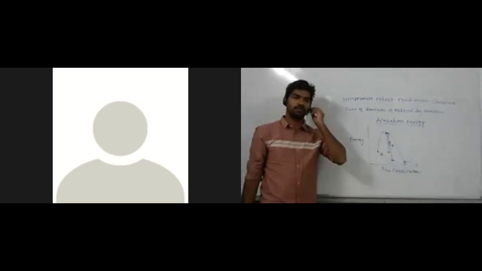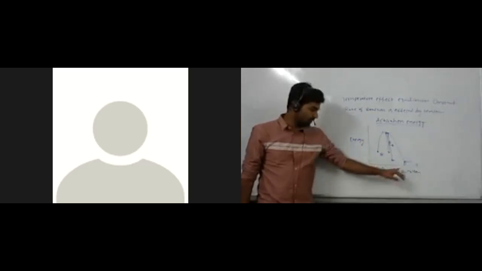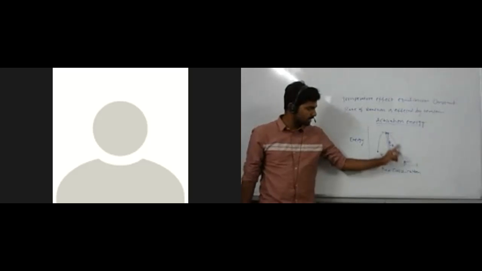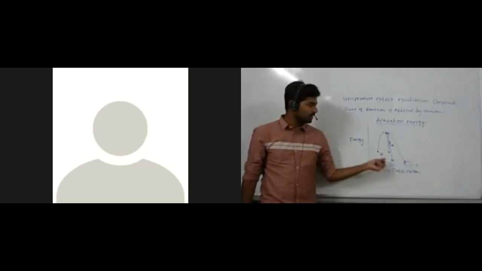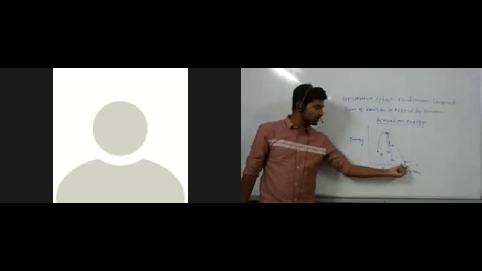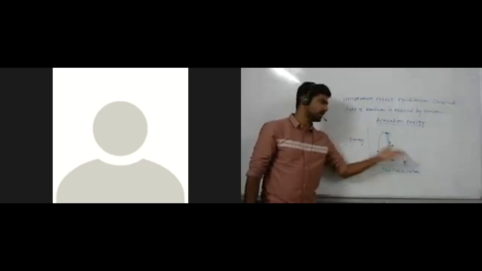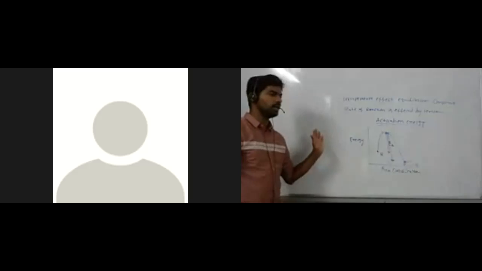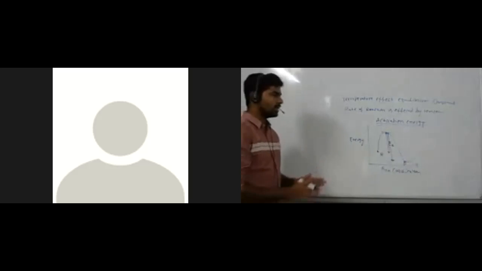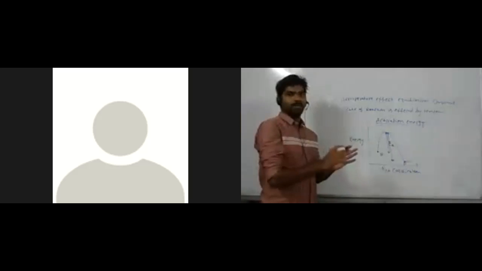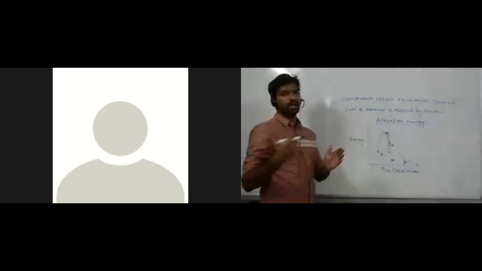Sir, this is because the product goes to a lower energy level. Yes, because the product is more stable here. This graph indicates it is an exothermic reaction, because compared to the reactant energy, the product energy is less. Means the product is more stable than the reactant. During this process, it releases some energy. Okay, we can take an endothermic process also. However, once equilibrium is attained, the forward rate and backward rate are the same,